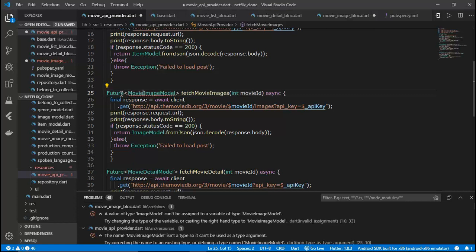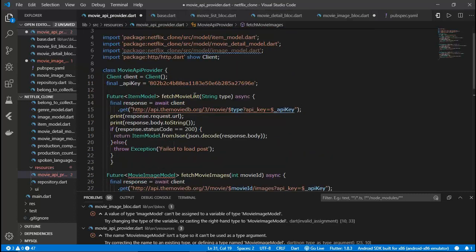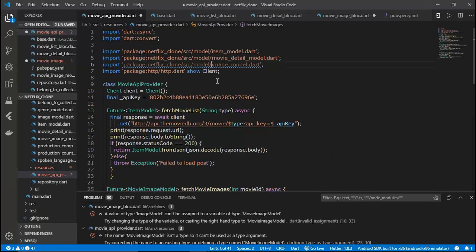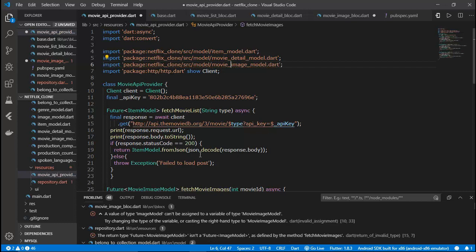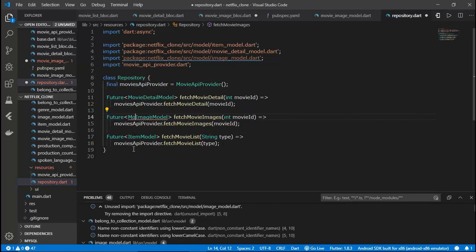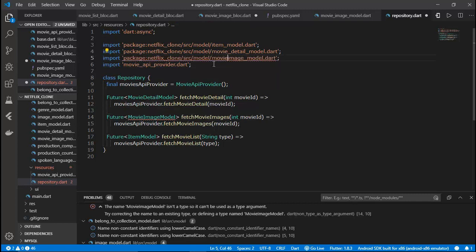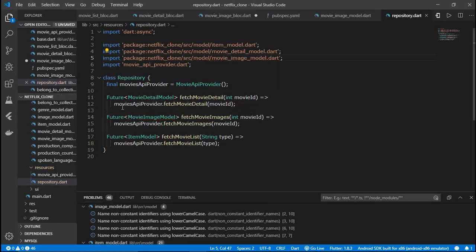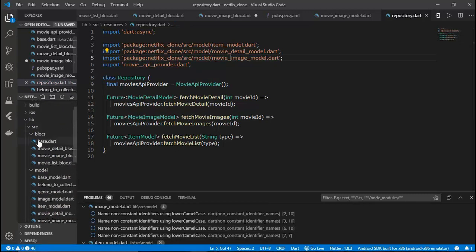It would be a movie image model, so I will just replace it with movie image model, and then the import, so I'll just change it to movie image model, and after that I'll go back to my repository.dart, and here you guys can see this one would be actually the movie image model, and this one would also be, we have to import the movie image model dot dart. So that's it. So as you guys can see, the error is now gone,